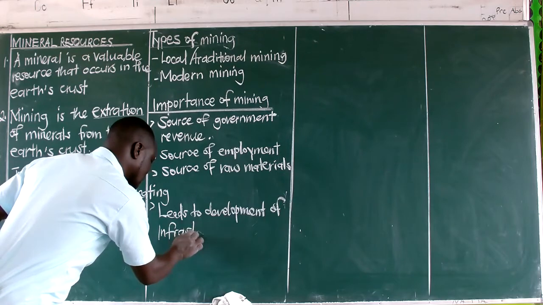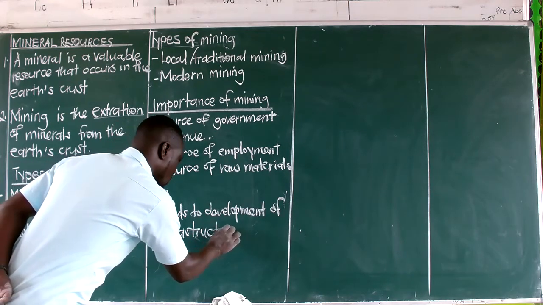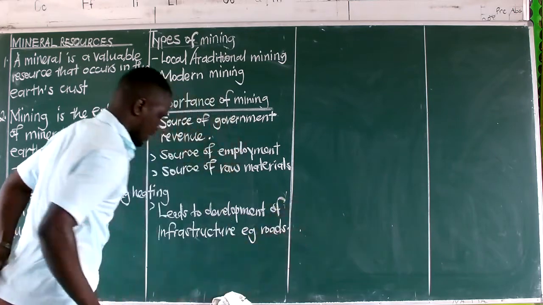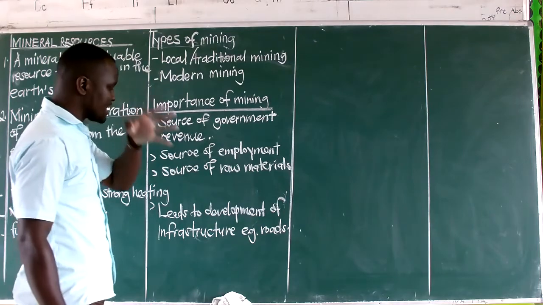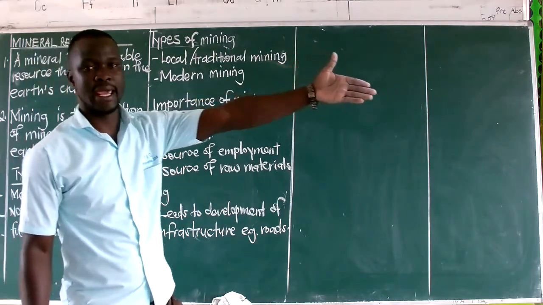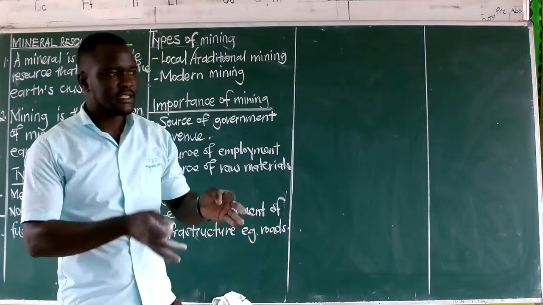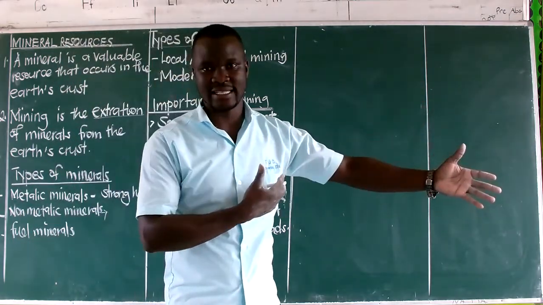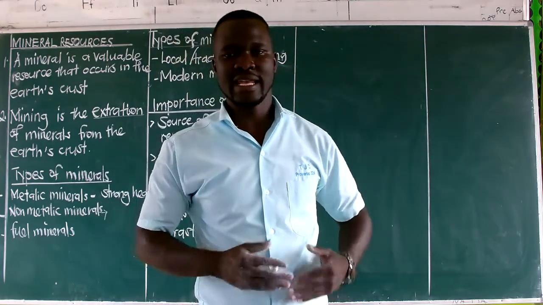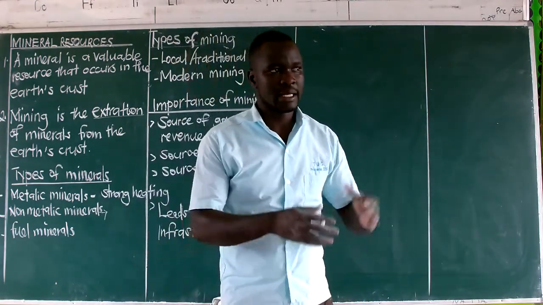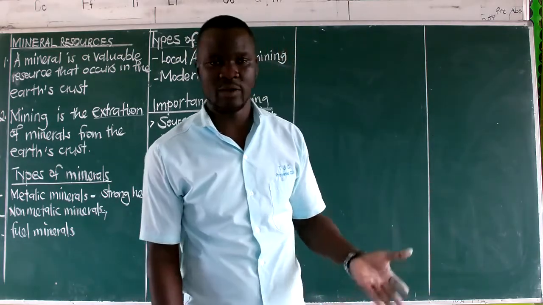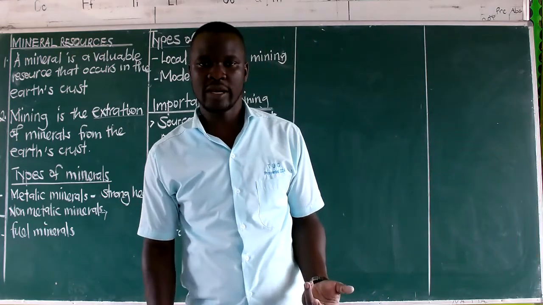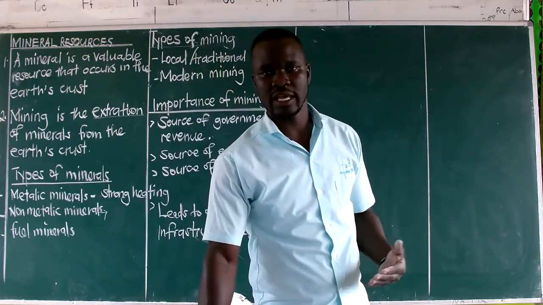Infrastructure. For example, we have roads. Now, we need to understand that if mining takes place in an area, then automatically there is need to improve on the roads connecting to that mining site. Because people have to access the site, they are going to improve on the roads and any other facilities like maybe hospitals, health centers rather, to provide medical care to people. Those are the things that form what we call infrastructure.